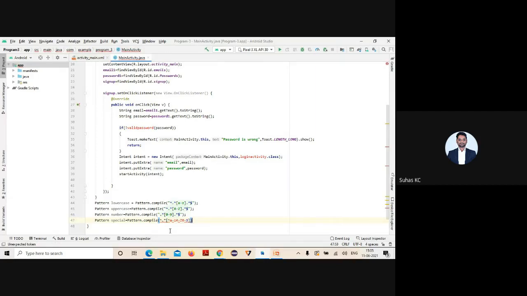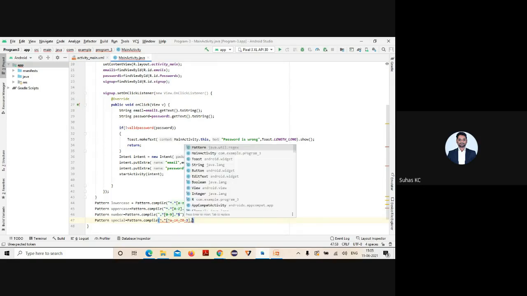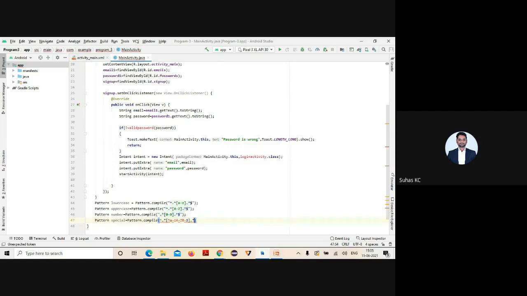Hope you are getting it, guys. This indicates negation. Then dot star to dollar. I have not specified the double quote, that's why I'm getting the error here, sir. Double quotes. Okay, clear with this? So these are the rules I've written.